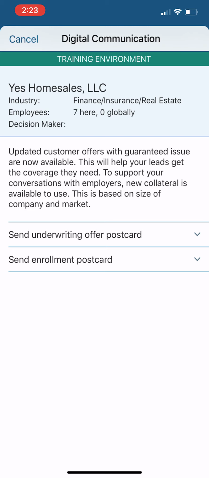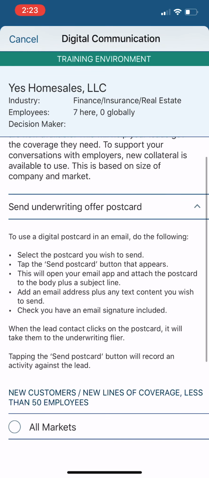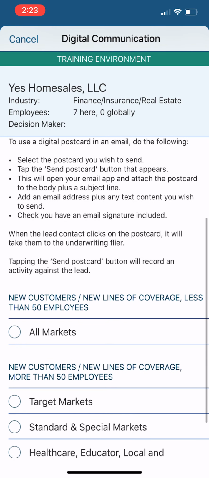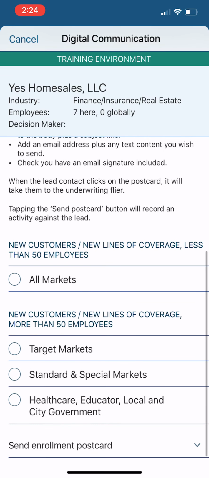So I'm going to show you guys the first option. Let's say I wanted to send more information about the COVID-19 underwriting offer that we have. So that's going to be the option that I select here, and it's going to give you some information. Really all you have to do is select the postcard that you want to send. If you're talking about new customers that are less than 50 employees, you're obviously going to pick that first one. And then if you're talking about new customers with new lines of coverage that have more than 50 employees, depending on what kind of industry they're in, whether it be a target market, standard or